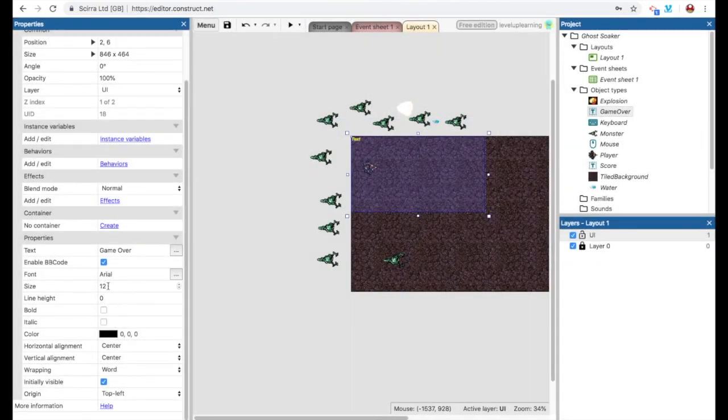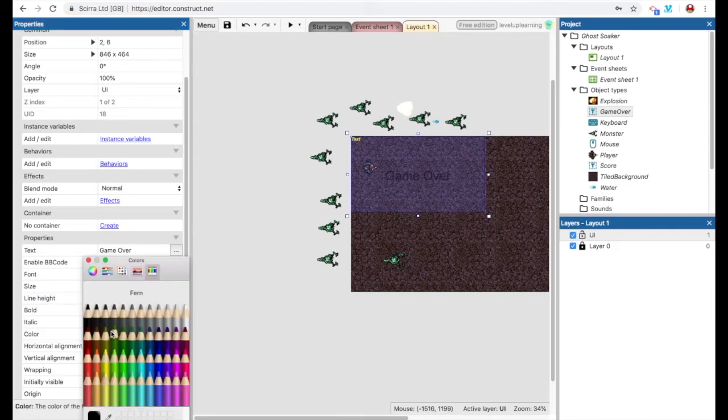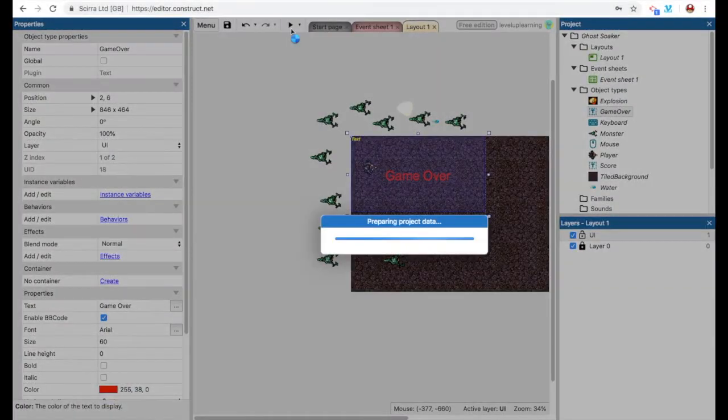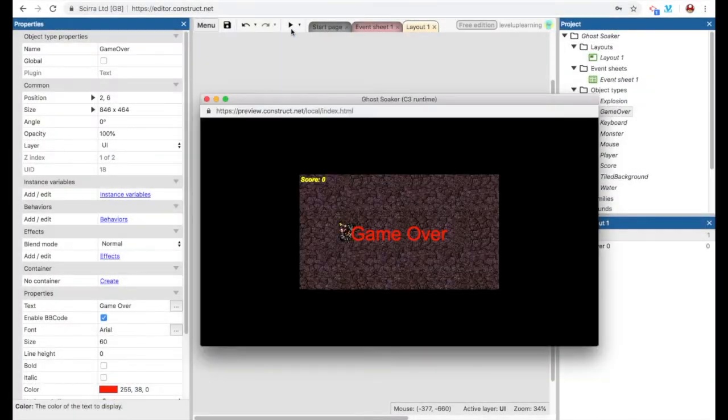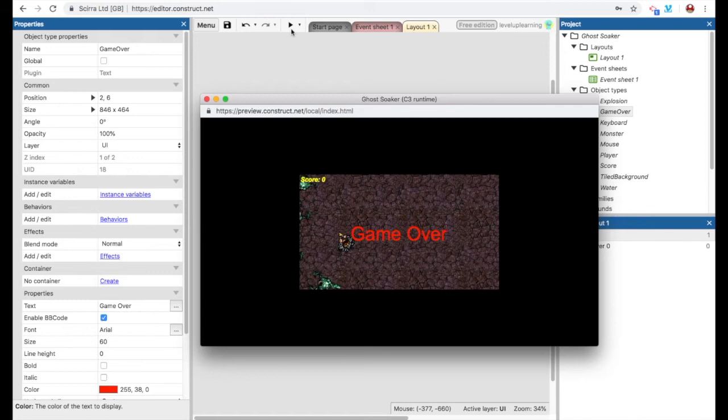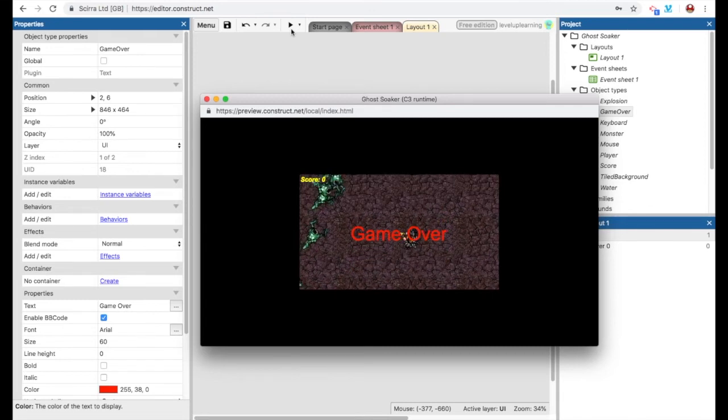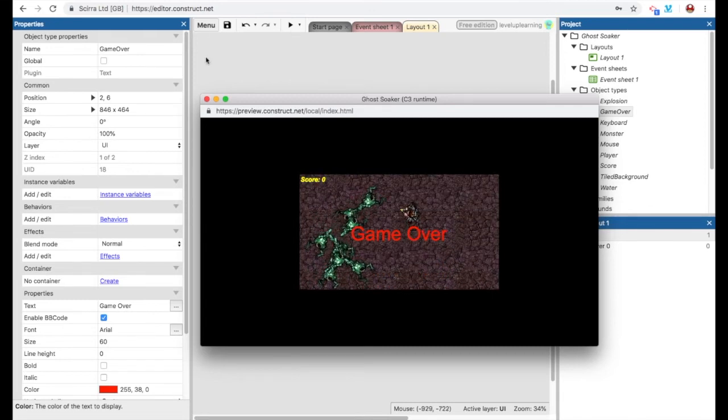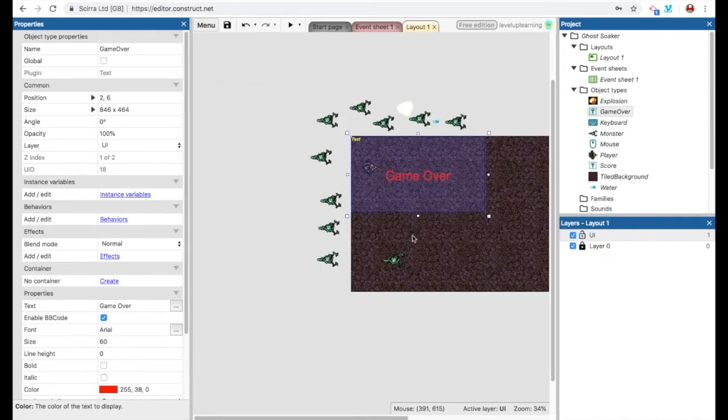All right, now let's change the font size, something big, something like 60. And then we're going to change the color to red because it's game over. So if I press play here, it's going to scroll with me. See how it stays there in the middle. All right. Let's add one more line of text. So same